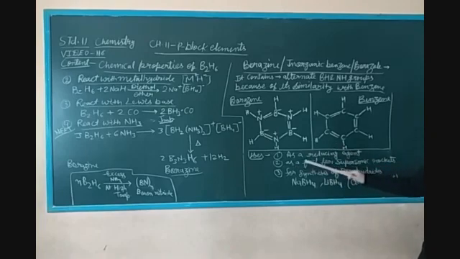Then it is used as a fuel for supersonic rockets. So in supersonic rockets, diborane is used as a fuel. Third, in the synthesis of borohydrides, because it reacts with any reducing agent. So it also forms borohydrides like sodium borohydride NaBH4, lithium borohydride LiBH4, and lithium aluminum hydride is also formed. These are good reducing agents. So diborane is important because there are three mainly important uses.